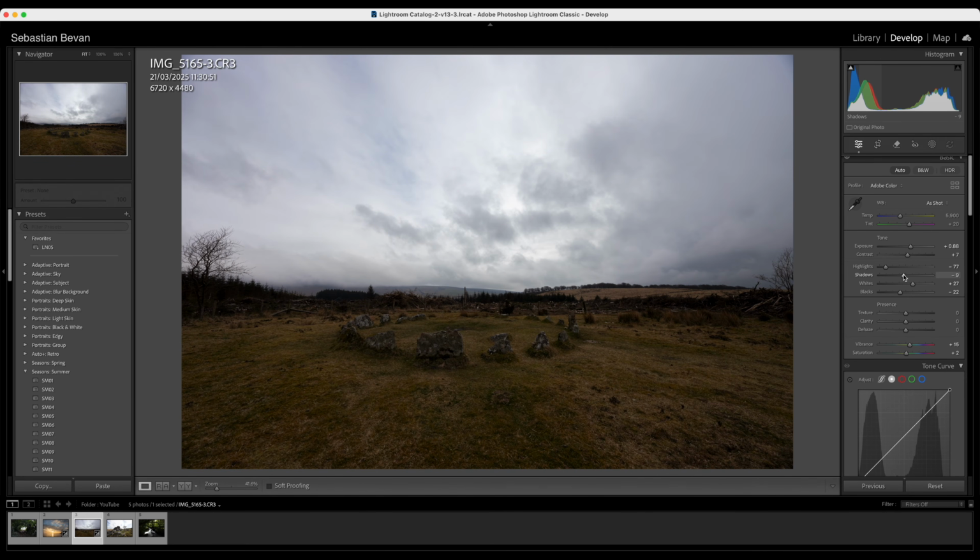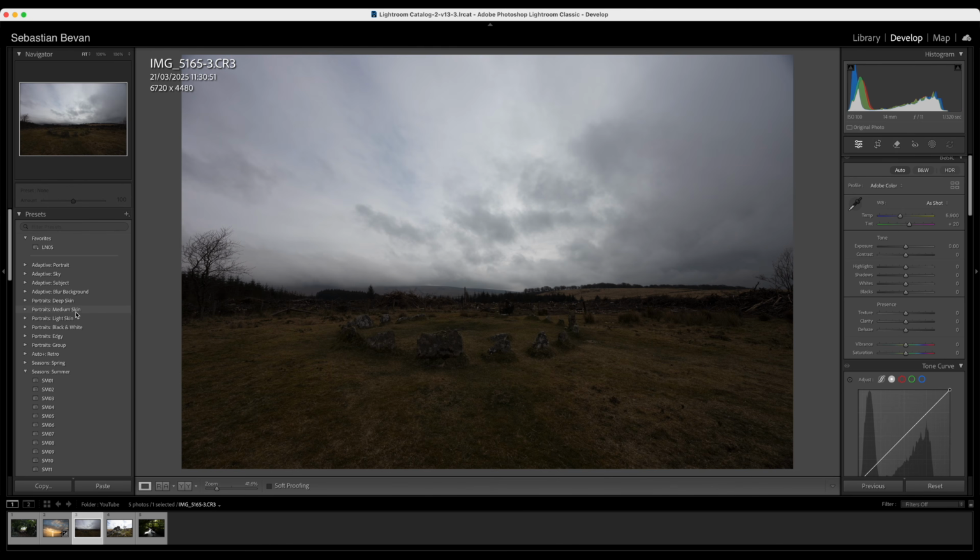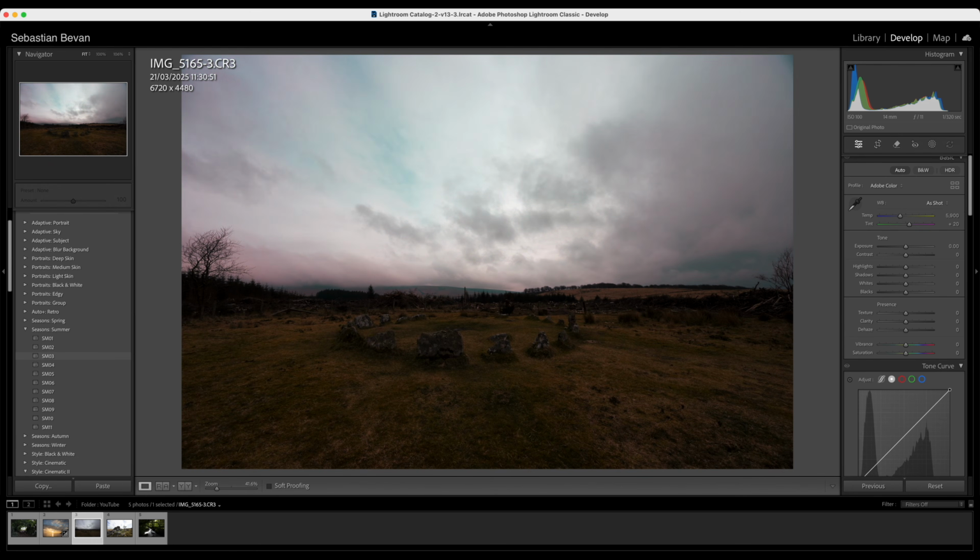So people, I hope that helps. In fact, another good thing with this is, like I say, I don't use these presets on the left, but there's absolutely loads and loads. If you slide over the top of them, it should change the picture. You just go down, hover over the top, and it will change your picture. And if you find one that you like,